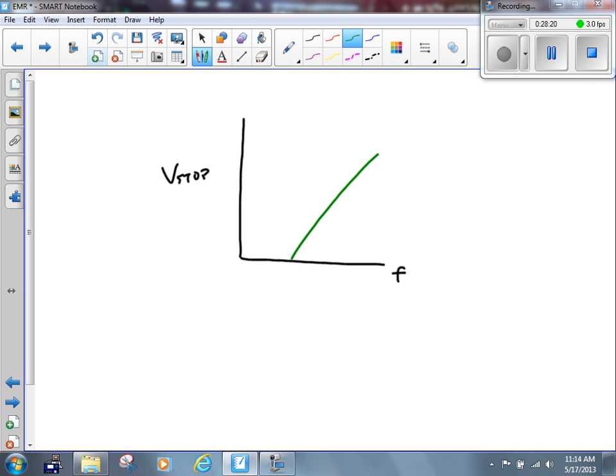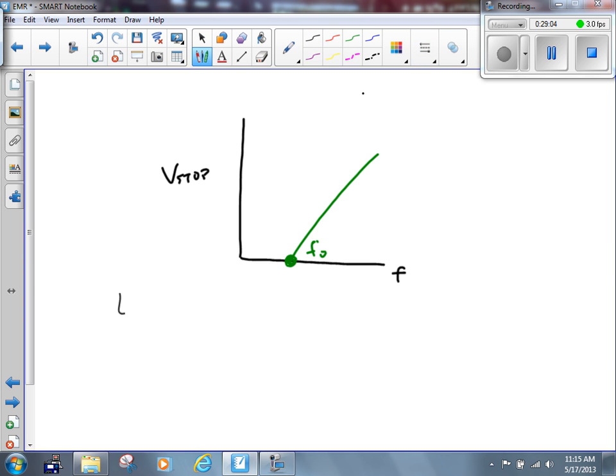It's also going to be the x-intercept. Let's think about that and why that's the case. Same thing as the previous graph. What frequency are electrons ejected at? Well, what frequency do electrons need to be stopped by a stopping potential? At what point do you need a stopping potential to stop electrons? When they're ejected. So when the stopping potential becomes non-zero, when you need a certain value of stopping potential to stop the electrons, that's the point at which they begin to be ejected. So that will be the minimum frequency. That will be the threshold frequency. That's exactly the same now as the other graph. Now the other variables are a little bit different.